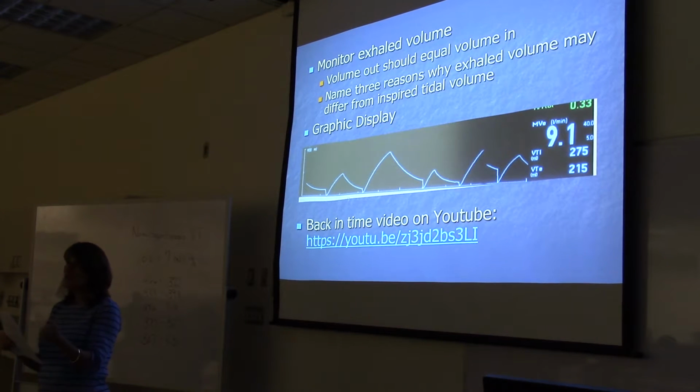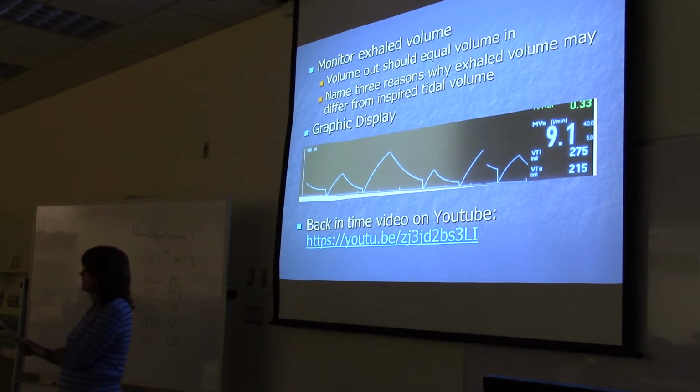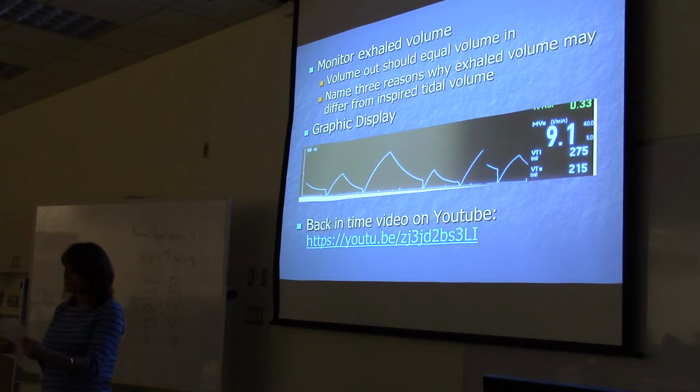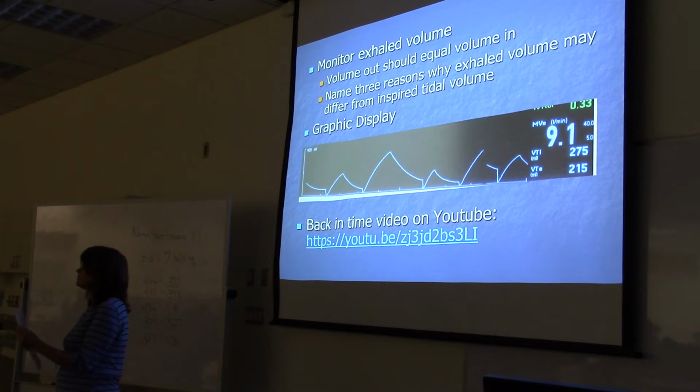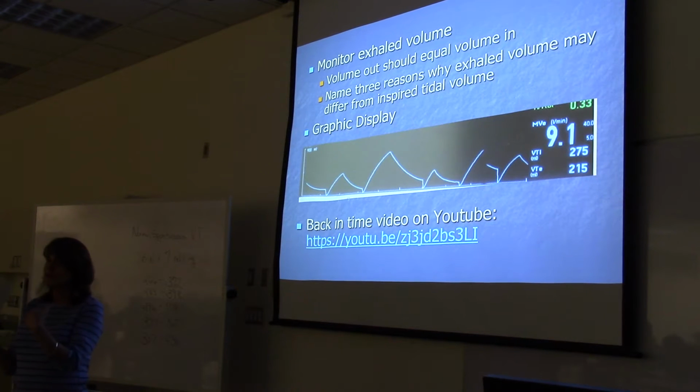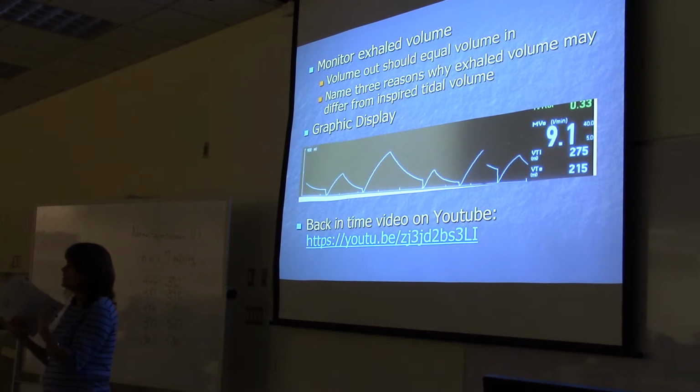All right, if you're getting back more volume than you put in, the first reason is because warmth and humidity expand a volume. Warmth and humidity expand a volume. So the patient has an HME line. The air comes out of the piping system really cold, goes through the ventilator, goes to the